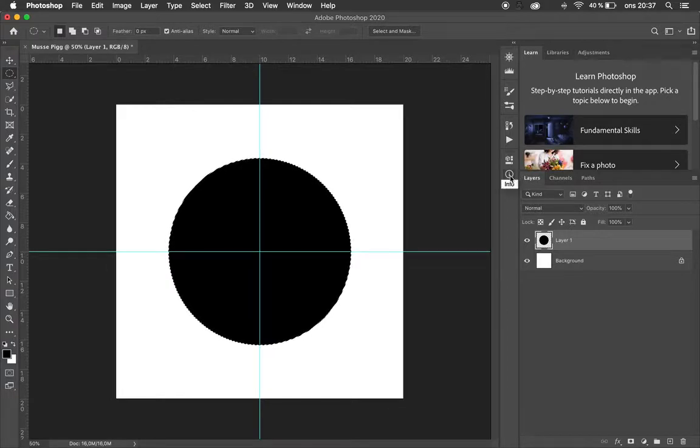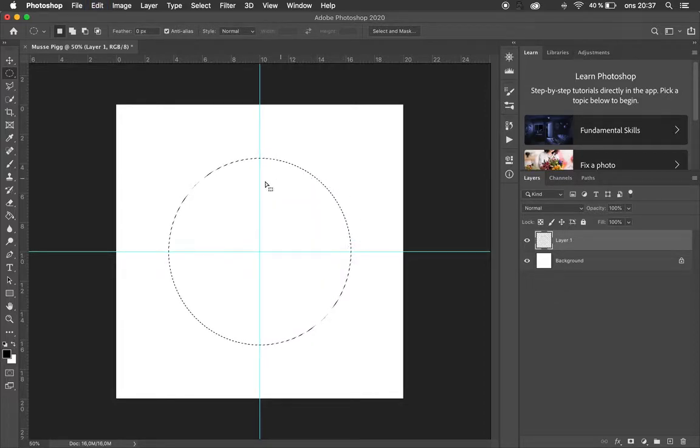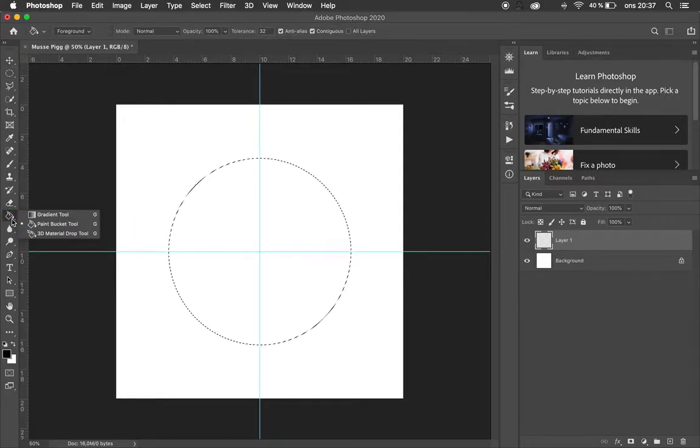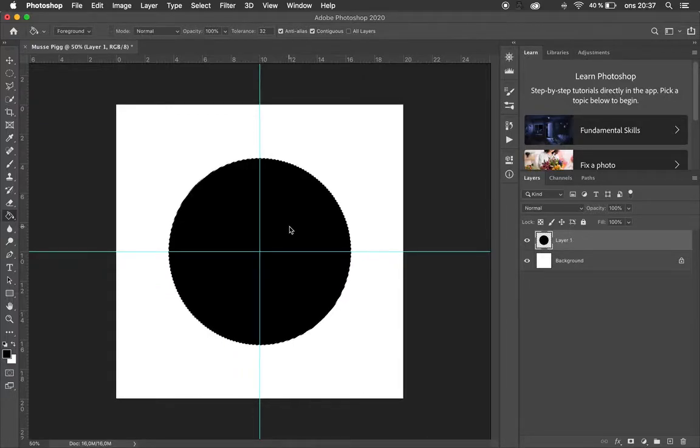There is of course other ways to fill this selection, but this might be the most simplistic way to do it. If you don't want to do it the key way, you can also go for the bucket, paint bucket tool,